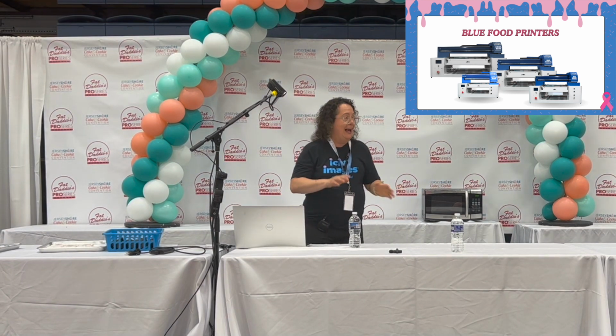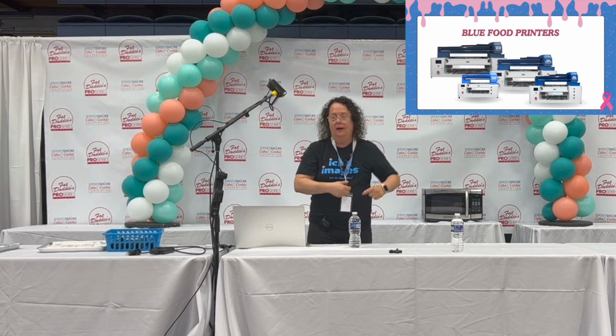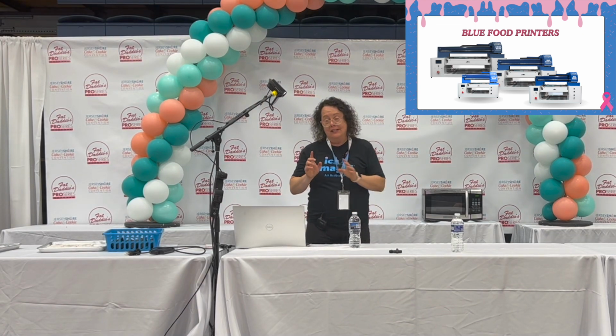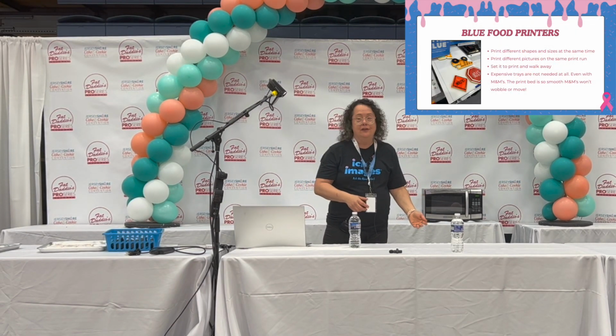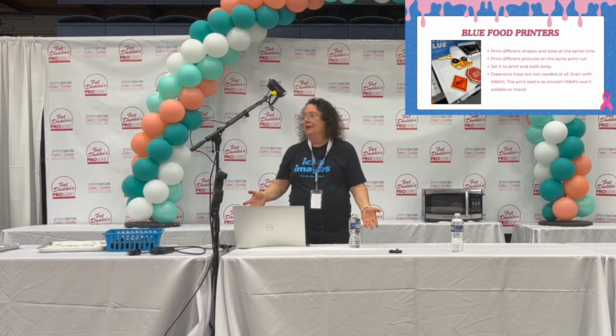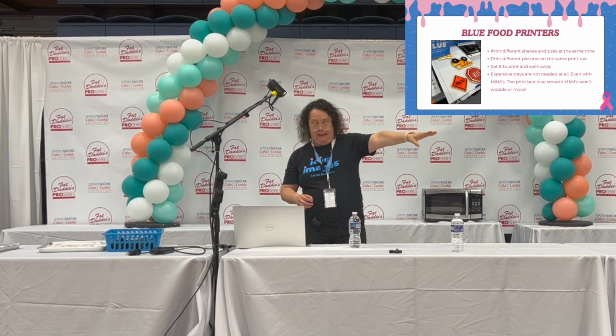You go to big blue, it's a half sheet. So you have a half sheet tray. Anything you can put on there, you can print. The reason why I like big blue is because it's only $250 more than little blue, and you're getting twice the print bed space. So people who talk to me, Marissa over at the Sweet Chalet right here, they were